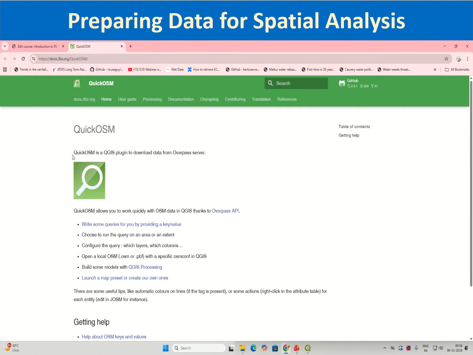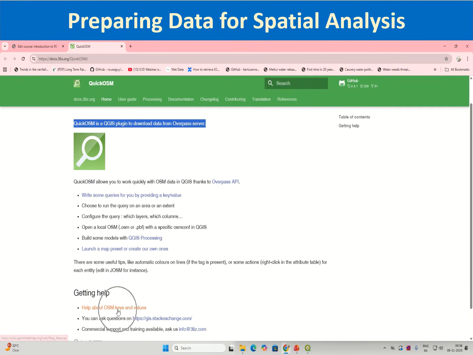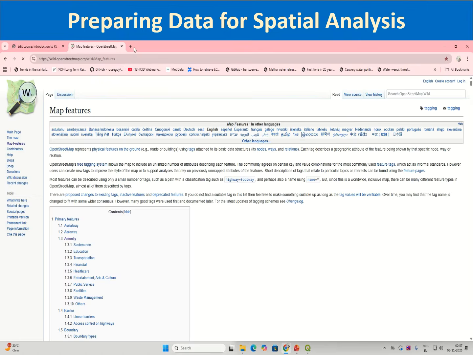So this is a portal regarding the QuickOSM plugin. QuickOSM is a QGIS plugin to download data from the Overpass server. And if you want to get help regarding the OSM keys and values, you can click here on this link, or you can directly search and open